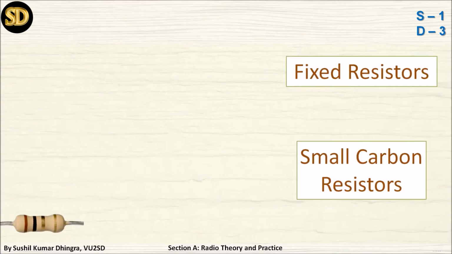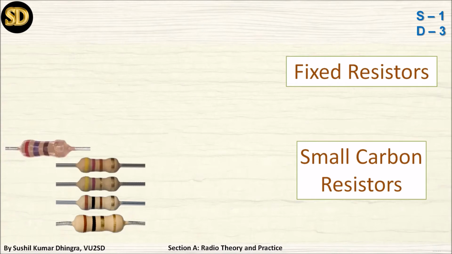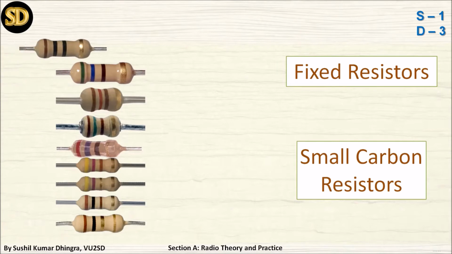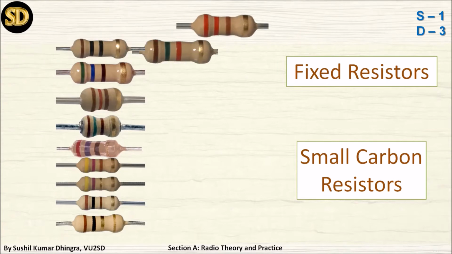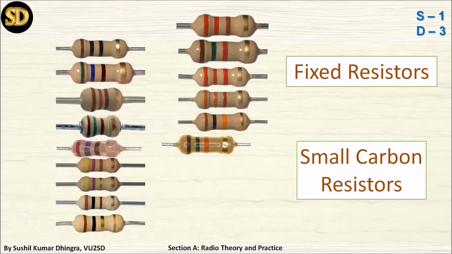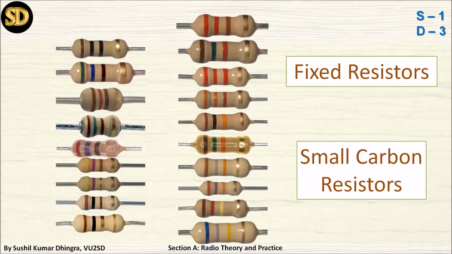There are some small carbon resistors you see on screen. They have different sets of values. If you watch carefully, you will find three color bands on one side. After that there is a gap and the fourth color band is at one corner. So this is how to identify the first ring and the last ring, because the first three rings are coming together and the last ring is totally independent with a good margin.